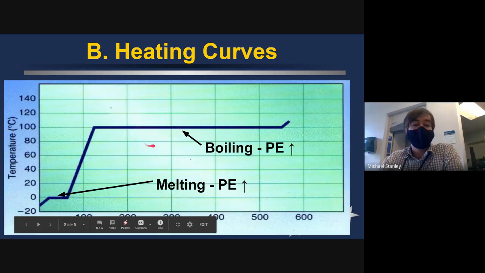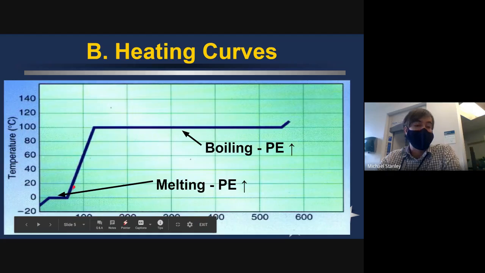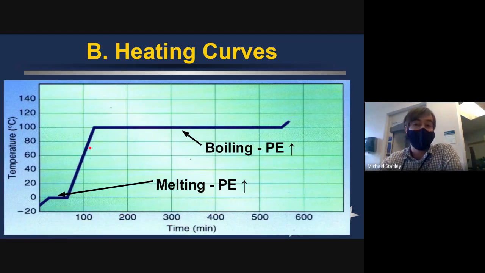And then the second section up here is boiling or vaporizing. So now we have that liquid. It's starting to heat up. It's getting hotter and hotter until it hits the boiling point for the liquid. In the case of water, the boiling point is 100 degrees Celsius. So once that water hits 100 degrees Celsius,